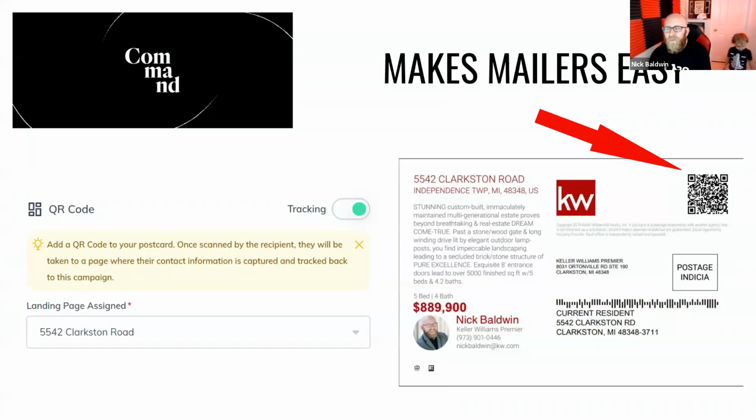What happens is when they get the mailer in the mail and they scan that QR code, the QR code is then activated. And then the person who got the